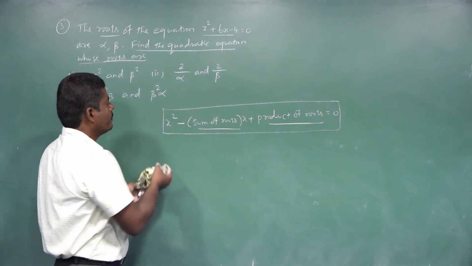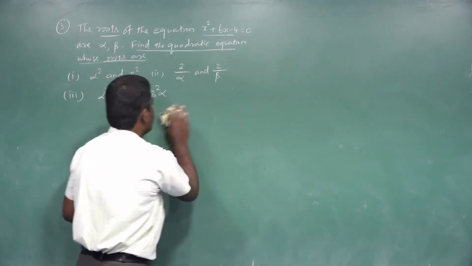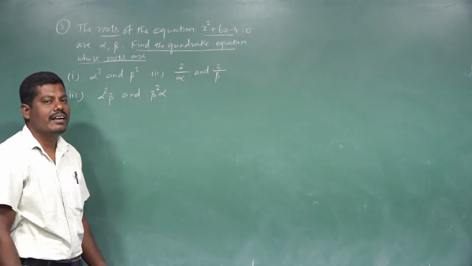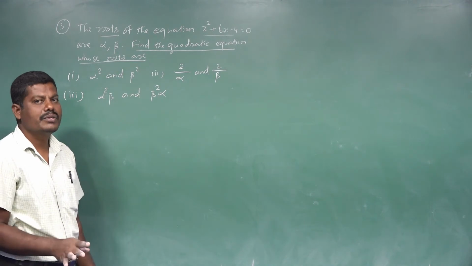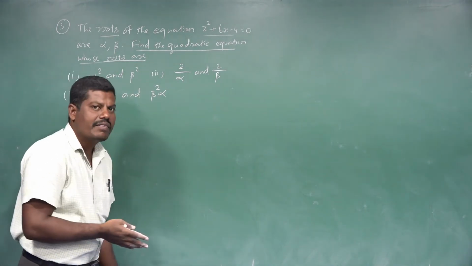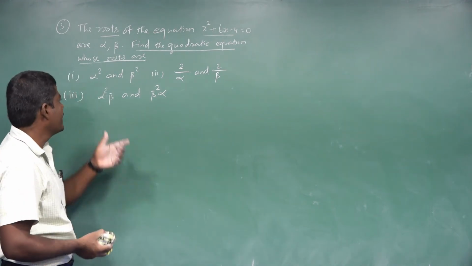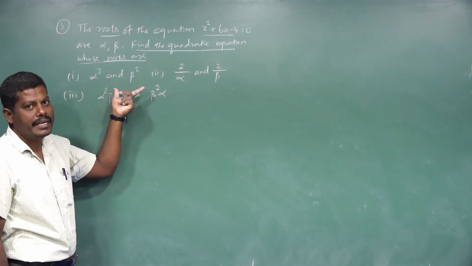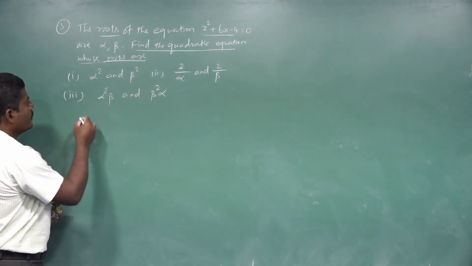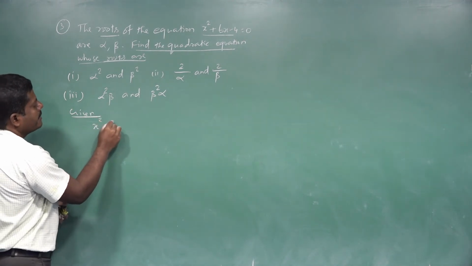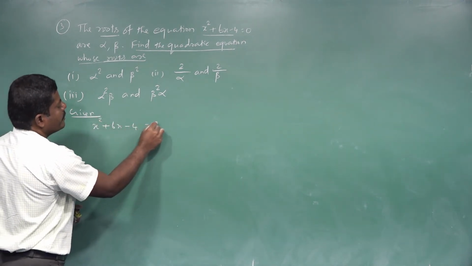So from this given equation we can find alpha plus beta and alpha beta. Sum of the roots, product of roots we can find. Substitute that alpha plus beta and alpha beta. We want to find out alpha square plus beta square and alpha square multiple beta square. Understand? Now with a given equation x square plus 6x minus 4 is equal to 0.